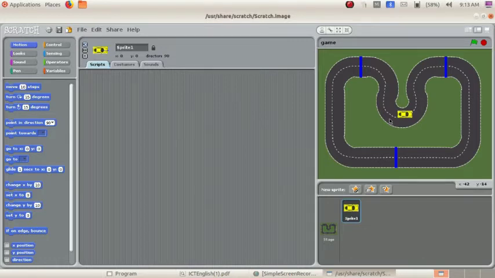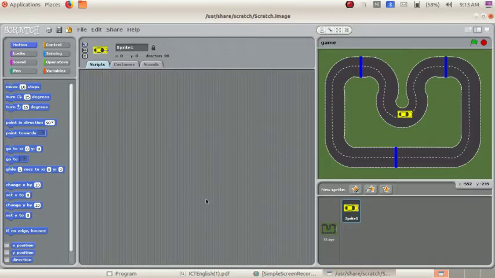To perform these actions, we arrange the instructions in the script area. This is the script area. We arrange the instructions from the block palette into the script area.